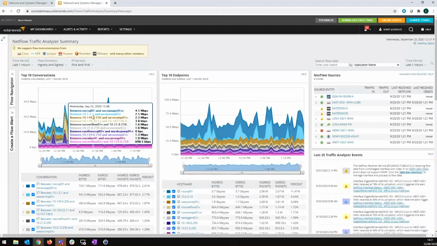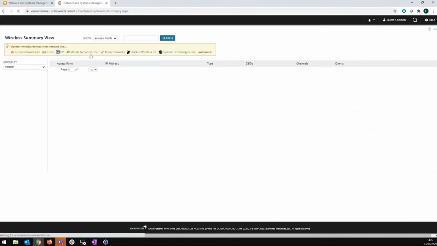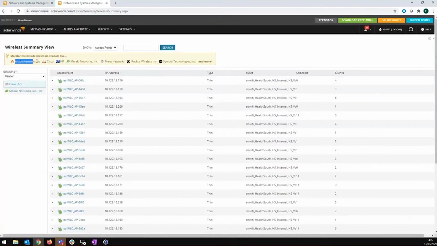And also, in terms of wireless monitoring, since Aruba also has controllers and access points, you can see here that out of the box we can collect information about wireless clients, wireless access points and controllers, and this is information which we collect and present.